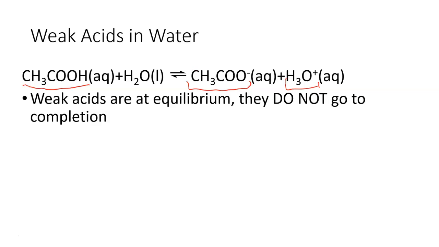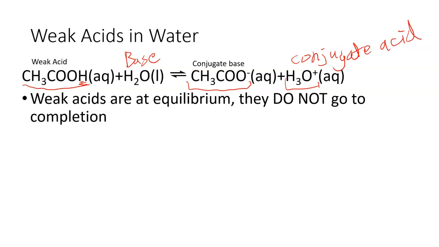We have some extra terminology that we look at with weak acids. We can actually look at this with strong acids as well. So we have our weak acid, and once we take the hydrogen away from it, this becomes our conjugate base. We can also look at whatever it's reacting with here is acting as a base. So this is our base here, and this is the conjugate acid. So essentially, when we're talking about acids and their conjugate base, or base and their conjugate acid, is we have